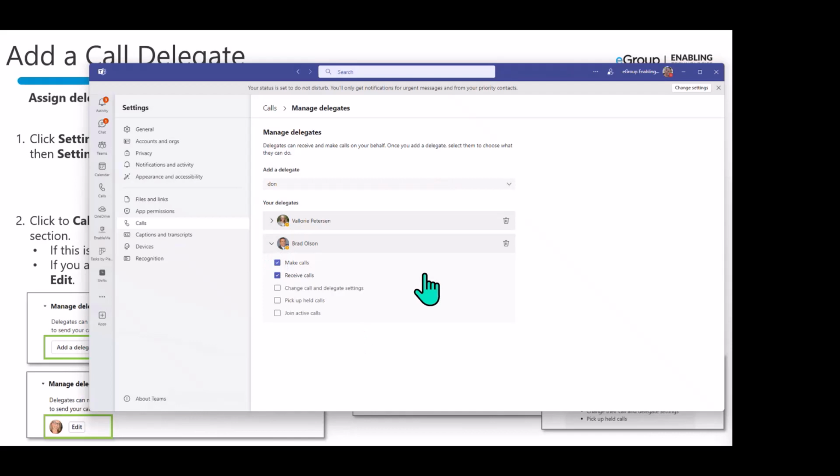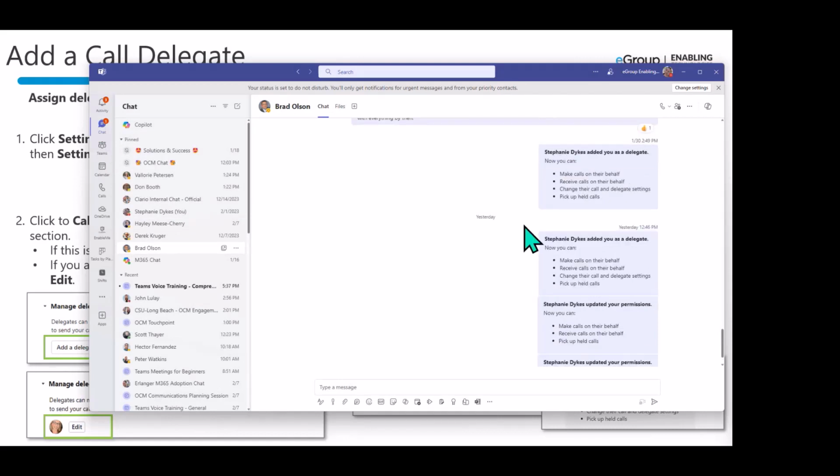When I set Brad up as my delegate, I didn't want to give him all-encompassing power for my delegate settings. And I didn't need him maybe to pick up held calls or join active calls, right? Especially if this is for me being out of the office for a week or two. I just really want Brad to make and receive calls on my behalf. So I just set those two permissions. And then what Brad sees